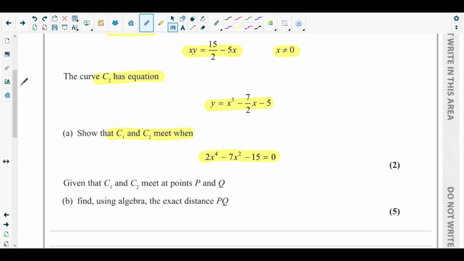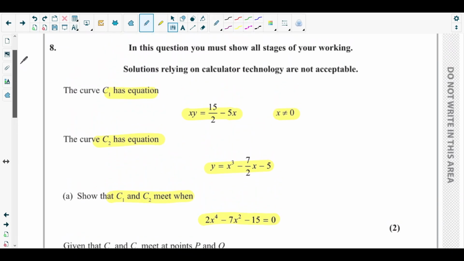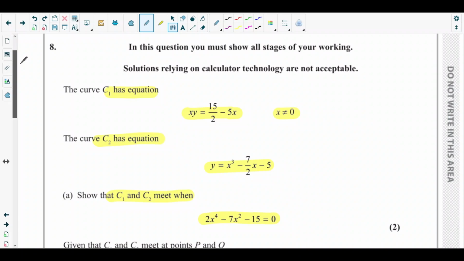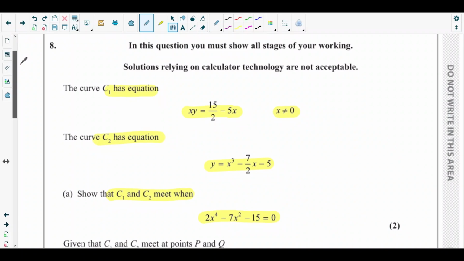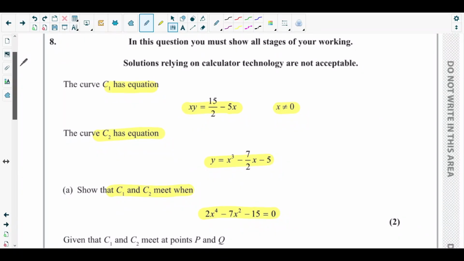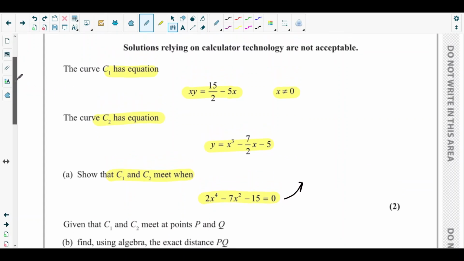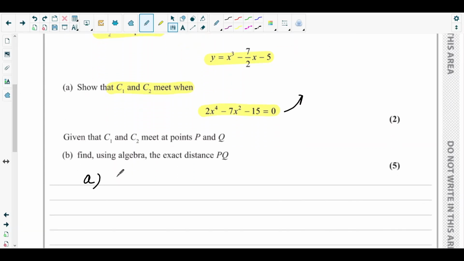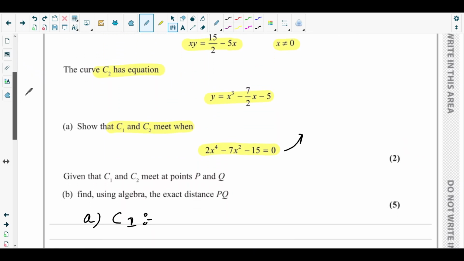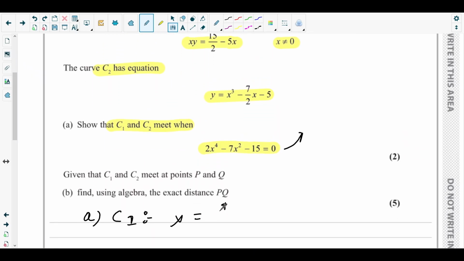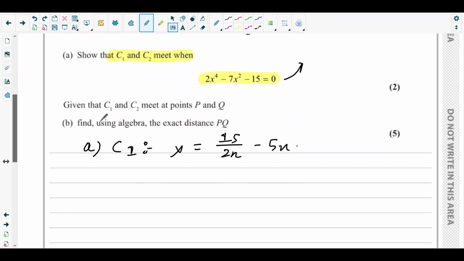Okay, so when the curves C1 and C2 meet each other, what would be the case? Their y coordinates and x coordinates would be equal at the point of intersection. In this equation we can see that they have eliminated y, so that's what we will do also. From the equation of curve C1, let's make y the subject. So y would be equal to 15 over 2x minus 5x. So at the point of intersection,